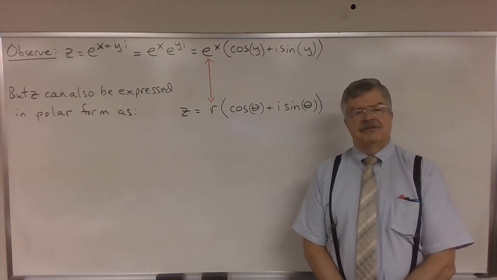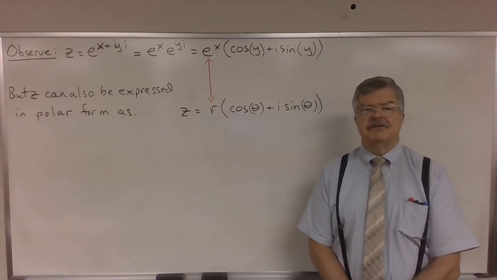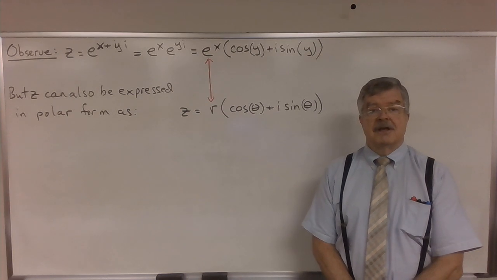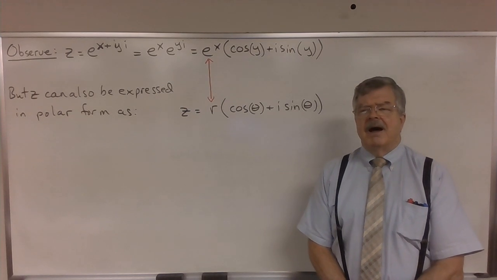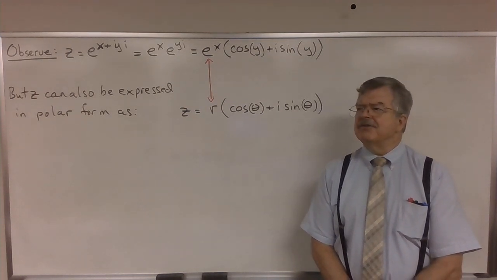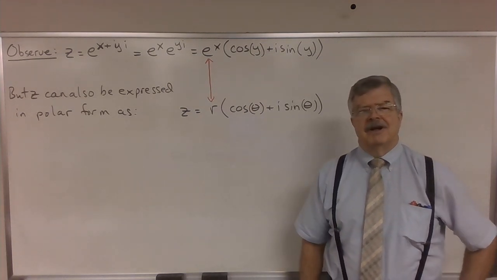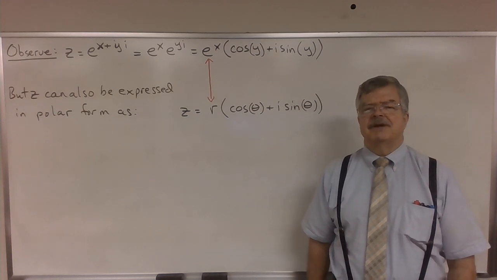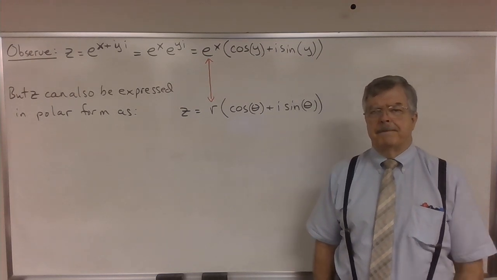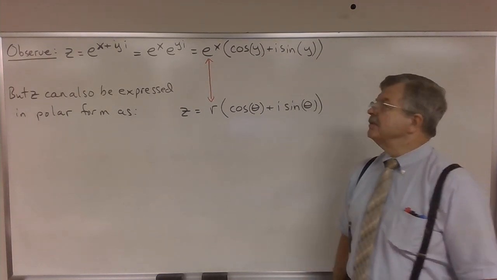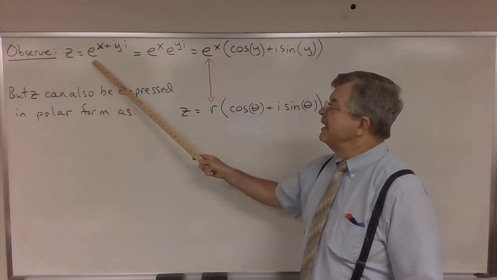Today I'd like to just tie up a few loose ends as far as introduction to complex numbers, complex algebra, things like that. I'm not sure that any of these loose ends are directly related to any other loose ends, but I just want to mention these things because they are things that we should know, and I have yet to cover them. Now, the first thing we want to look at is the expression of a complex number as